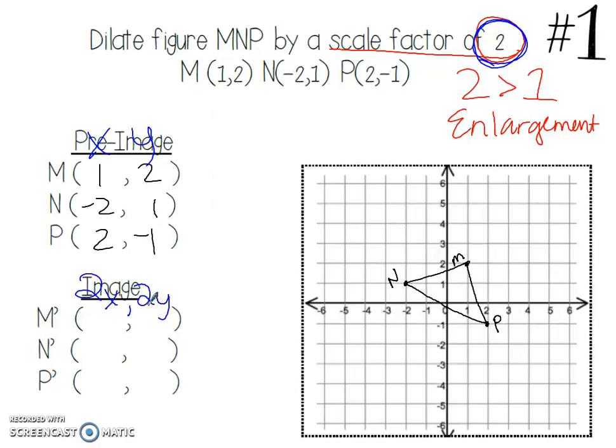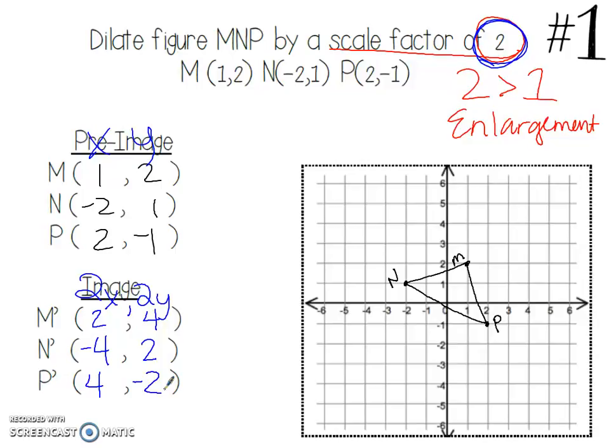Okay. So 1 times 2, 2. 2 times 2, 4. -2 times 2, -4. 1 times 2, 2. 2 times 2, 4. -1 times 2, -2. Pretty easy, right? Yes. And then the last thing left to do is